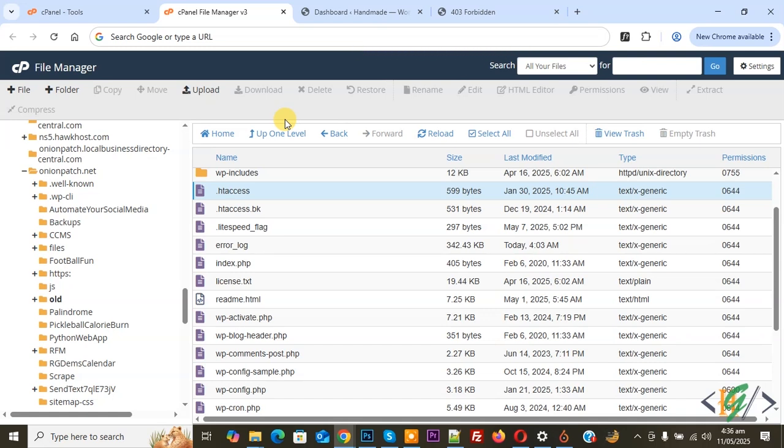So we are going to increase WordPress security and make the WP admin page or wp-login.php page accessible only by a specific IP